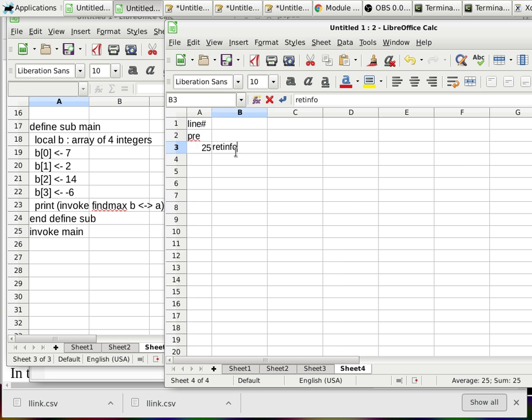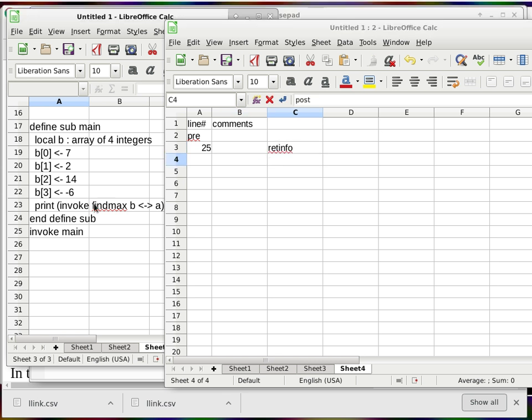So we got return info of post. Okay. Oh, right, we need comments here too. So, thank you. Get rid of that. And over here, now we have return info, which is just post, because there's nothing after